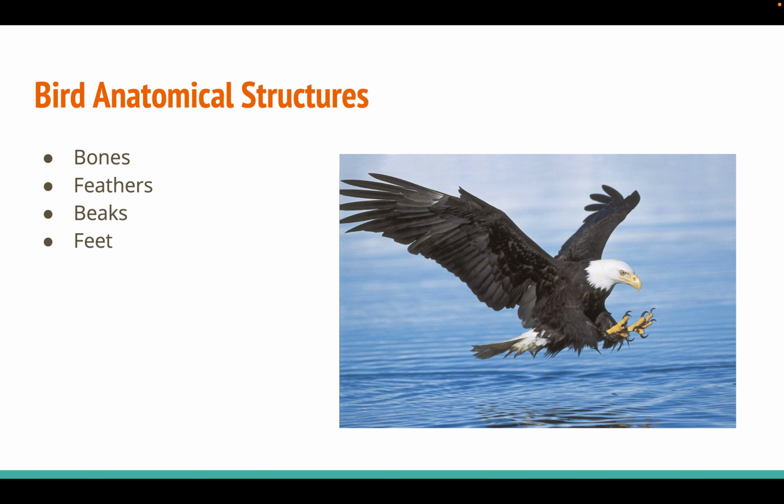So, let's start with bird anatomy. Birds, we're going to look at four specific anatomical structures: bones, feathers, beaks, and feet. As you can see on this picture of a bald eagle here, well, you can't see their bones, but you can see their feathers, you can see its beak, you can see its feet and its talons that it has, and those are all very distinct characteristics of the bald eagle. And so we're going to learn to identify birds using these anatomical structures. Starting with bones,